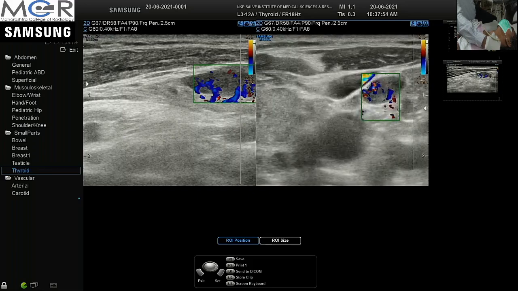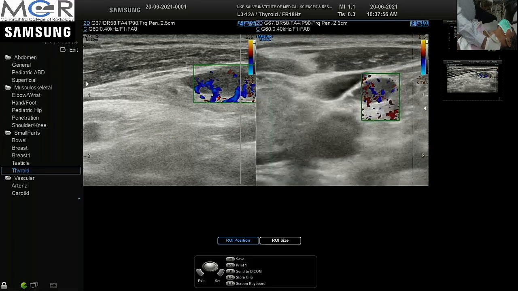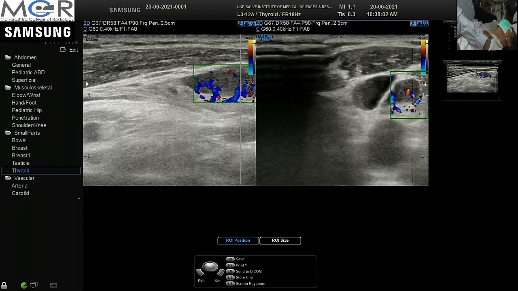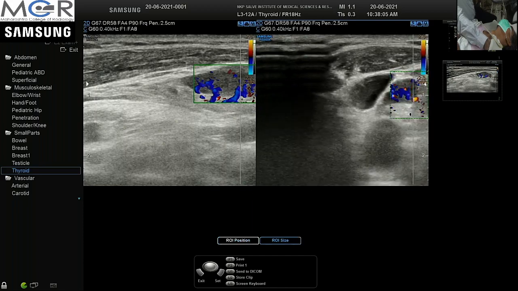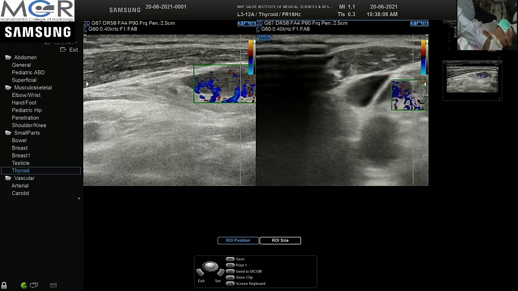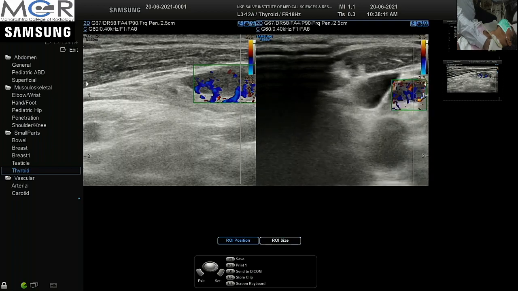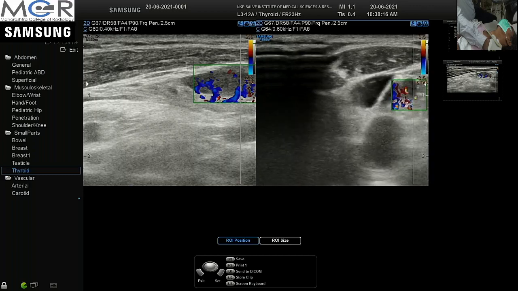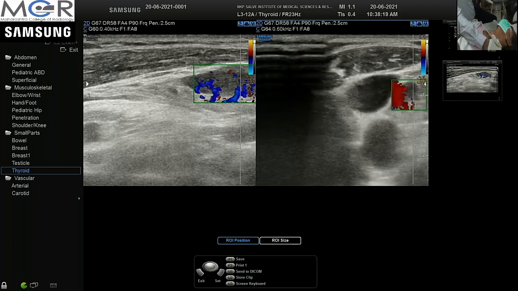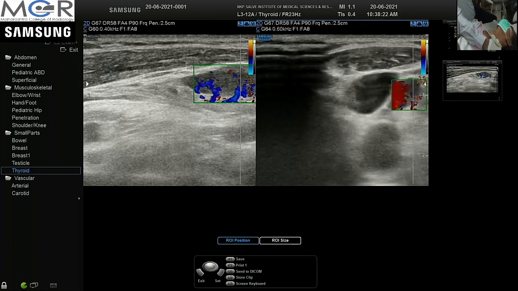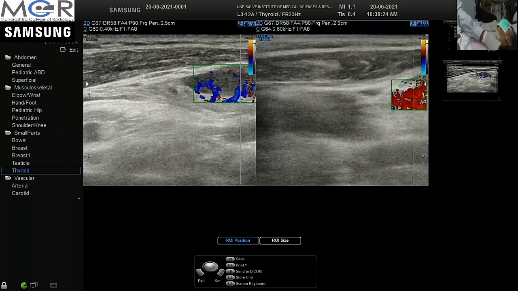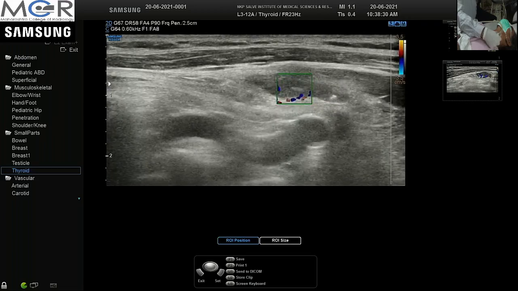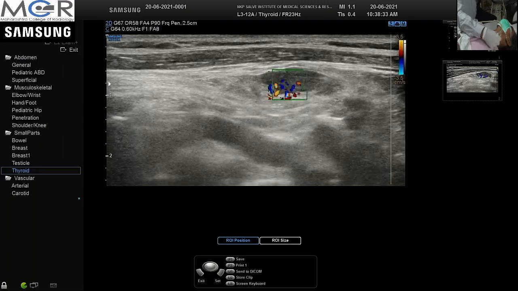We couldn't find it on the longitudinal section. Here also, I'll go more laterally, try to avoid the jugular vein, maybe reduce further. If it won't work, I'll increase the PRF a little bit, and increase the gain, but you are not able to see a single vessel supplying the lymph node here. So we come back again to the longitudinal section, try to see. Though the shape is maintained, the vascularity is not very uniform.